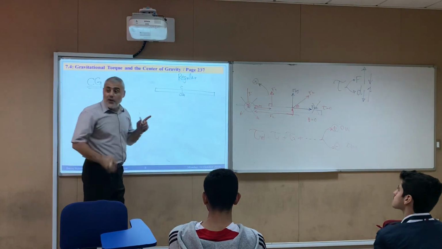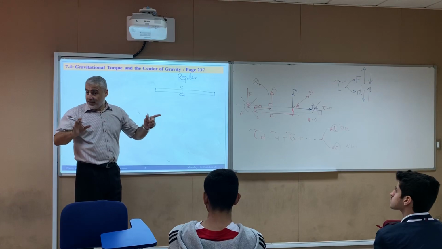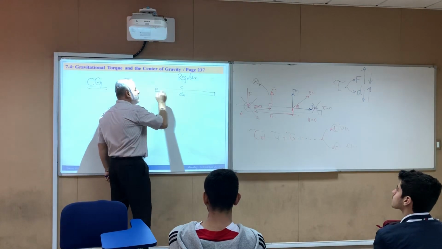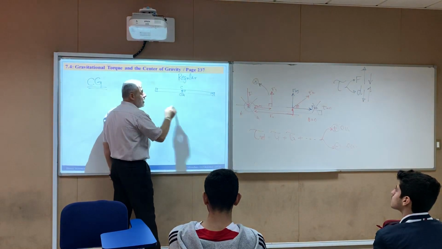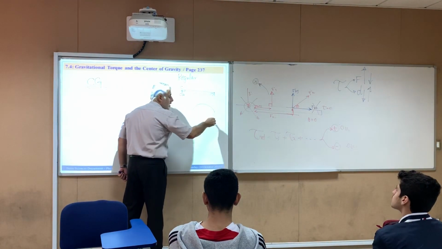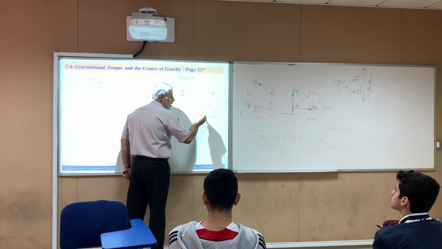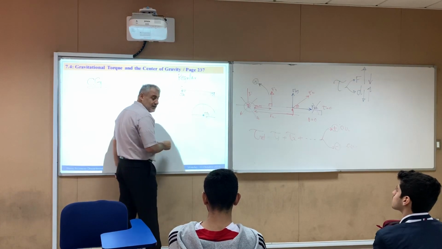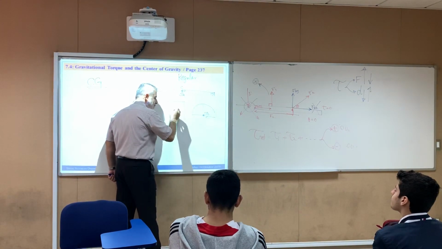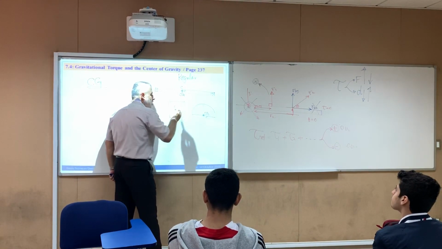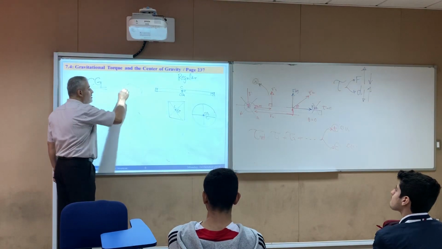Both are the same point. If it is from 0 to 100, the center point will be 50. If you have a circle, the center of gravity is also the center. If we have a square, the same. If we have this piece of rock,